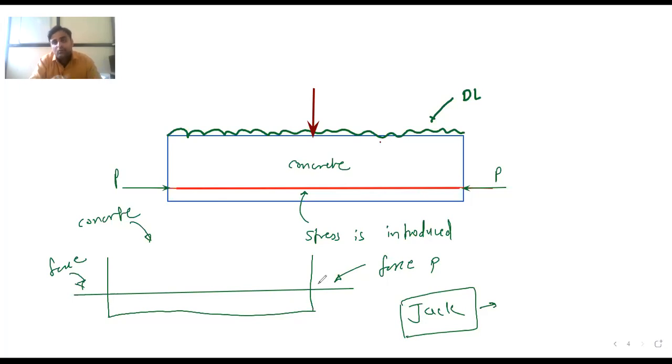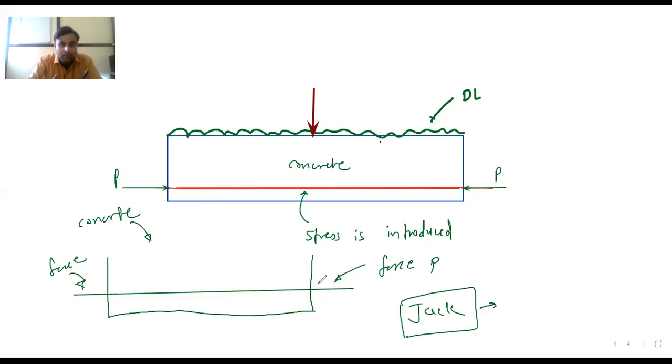Whatever force you are applying from downward to upward in this direction, that force is not counteracting the force or the dead load of that vehicle. So you are not able to counteract the stresses and forces of this dead load. That is why you use that jack. But that jack is different. We call that a jack, but it is used only for four wheelers and punctures and all this. That jack is different. So what I'm trying to tell you is that the same type of assembly is here in this pre-stressed concrete also.